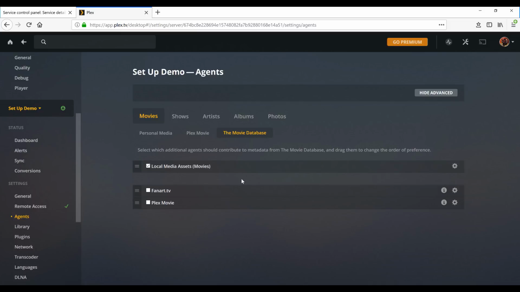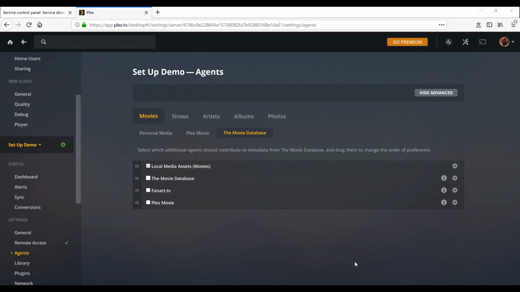And of course, once we are into the agents, we want to click on the movie database. The database is what Plex will use in order to search for and provide the metadata, which is the poster information, plot summaries, TV series information, and episode information for the content that you download. This being said, it is recommended that you click and hold on the movie database and you move it to